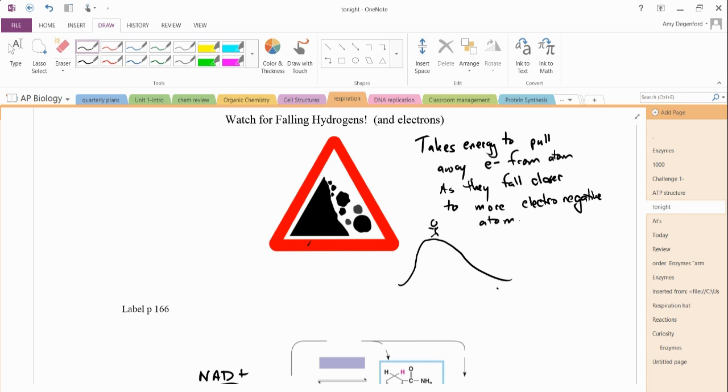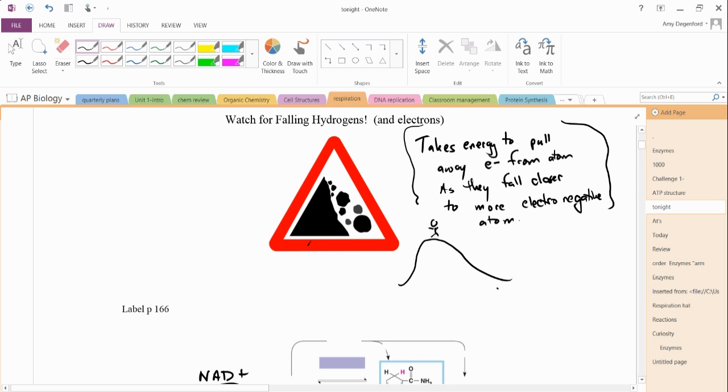Here's my little watch for falling hydrogens and electrons. Maybe you've seen this on the side of the road, the signs of caution for falling rocks. So watch for the falling hydrogens. That's just a reminder that what we're looking at are the changes in energy in our electrons, in our molecules. In our last video, we looked at the redox reactions and we learned that